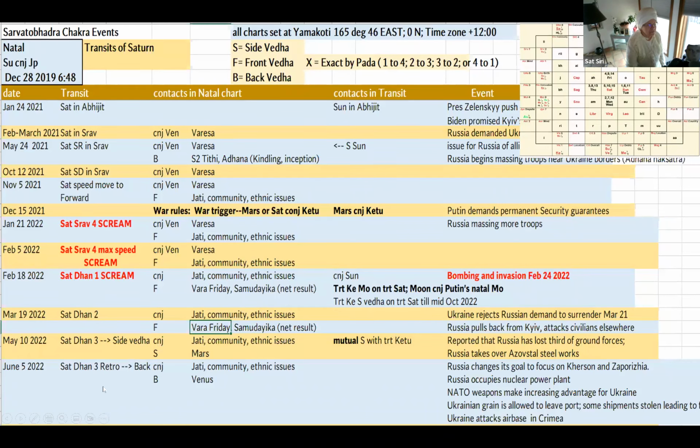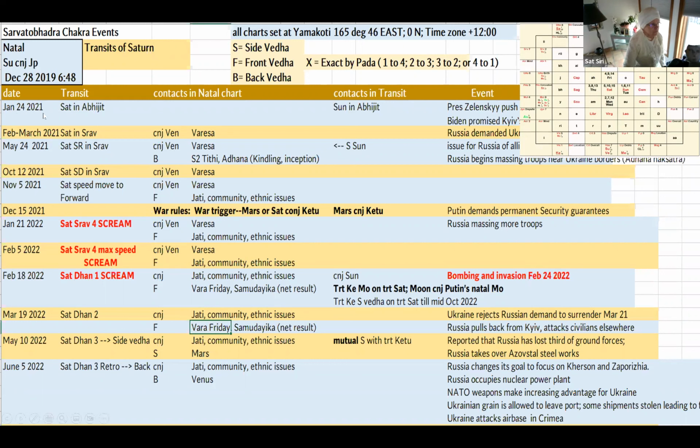So this is just an example of how you can keep track of an event. If you want to study something in your own life or whatever, you just list the changes of speed of the planet, and it's better to take just the slow moving planet. So I'm only going to use Saturn. And then you can see what it contacts, and you can see how causal it is. The whole point of this thing is that this is the action of the higher energies, and we are their